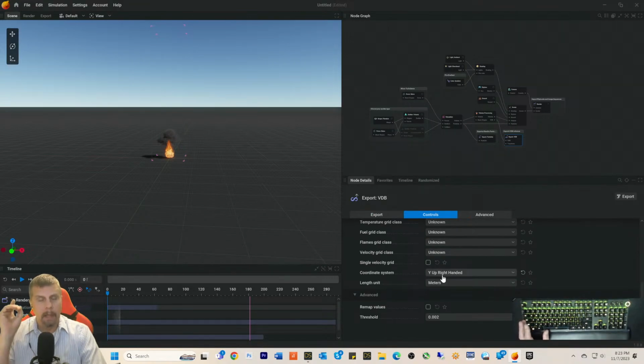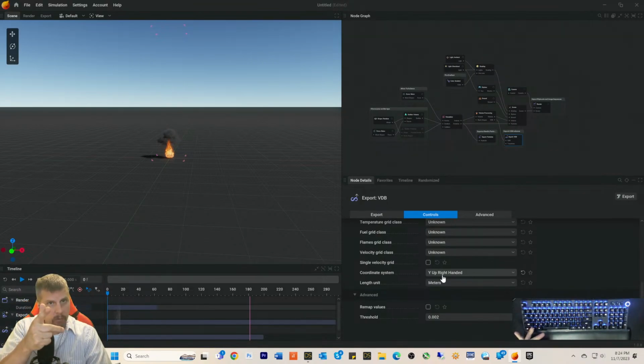Now, the Daz coordinate system, I figured this out, and I think you can pretty much trust what I say. Y up right-handed is the Daz Studio coordinate system. Now, if you take your right hand and point it kind of like a gun, but instead of bringing your finger back, bring your middle finger out, okay? So it makes kind of like a vector, all right? Your fingers have to point. This is how you figure out the handed system for